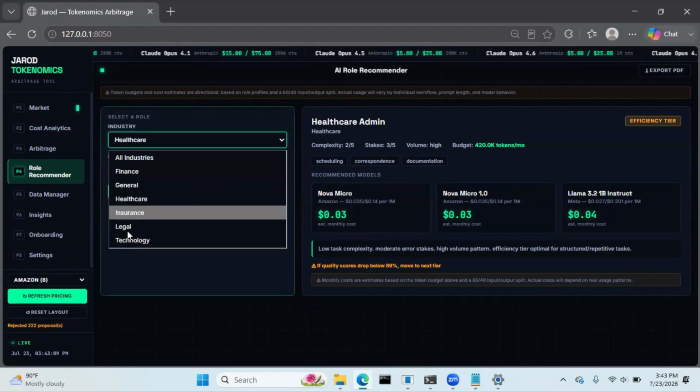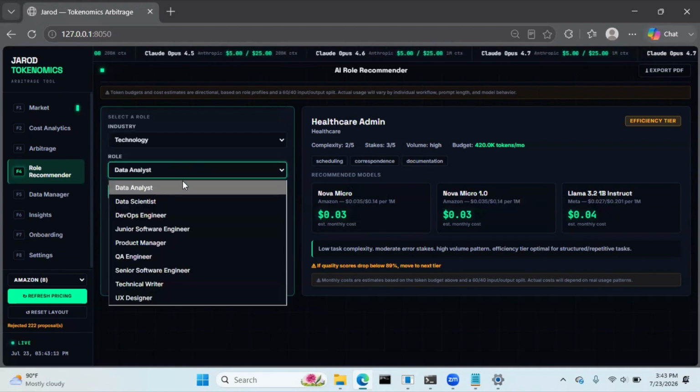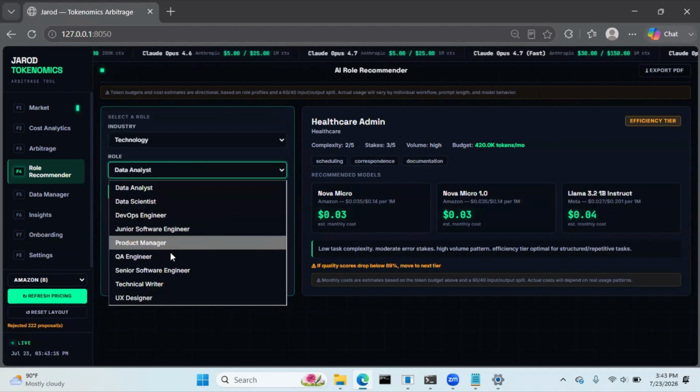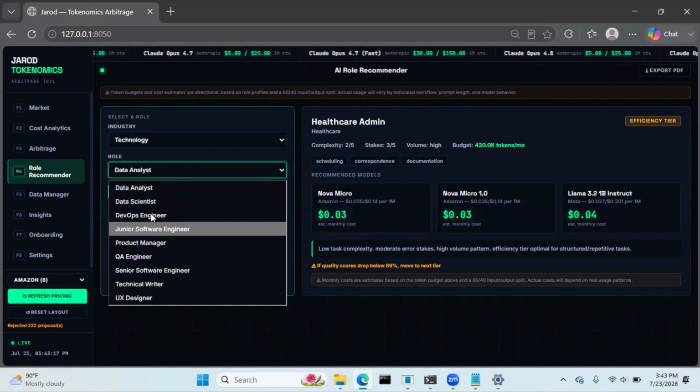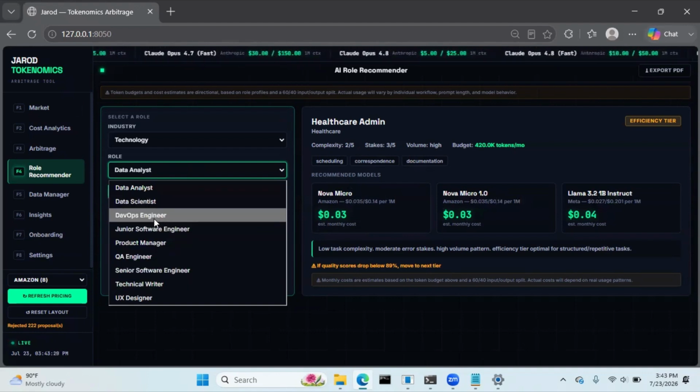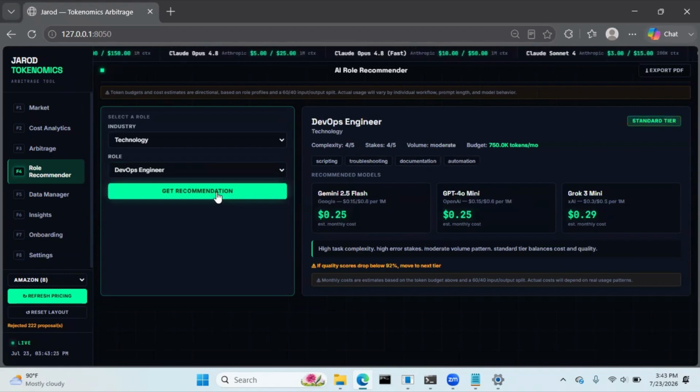So let's try technology. And as you can see, we have a few options here. Let's go to DevOps engineer. Let's do get recommendation. Standard tier, complexity 4 out of 5. Stakes 4 out of 5. Volume moderate. Budget about 750,000 tokens per month. Scripting, troubleshooting, documentation, automation. Recommended models based off of, and all of this is based off of what we selected